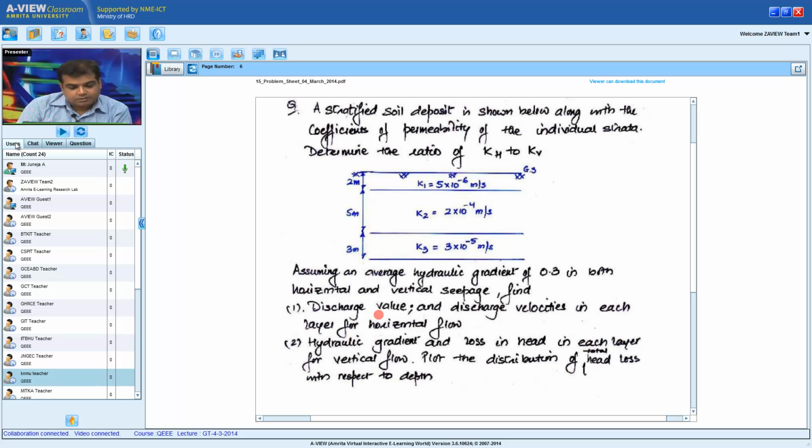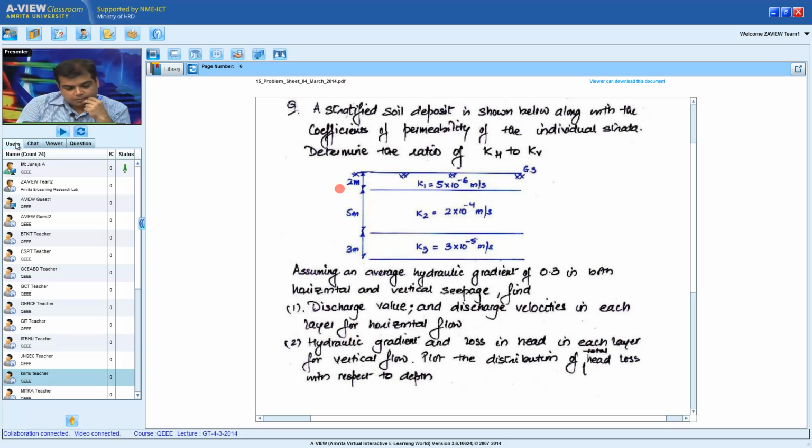That's again Q, discharge velocity in each layer for horizontal flow. So for horizontal flow you have to find out Q and the velocity. You are asked to find out what is the hydraulic gradient i and loss in head in each layer for vertical flow. Last is again to plot the stress distribution. The first part of this question says